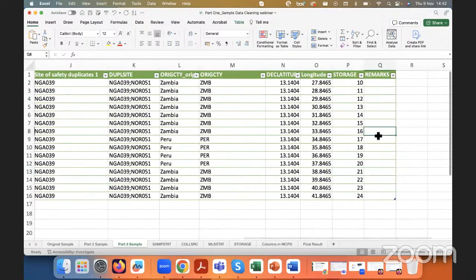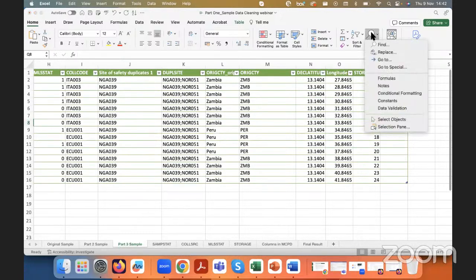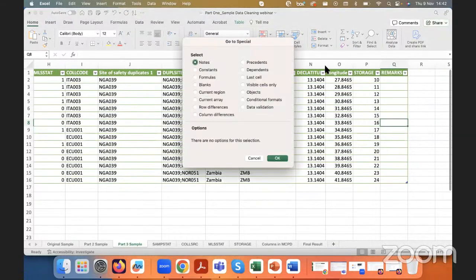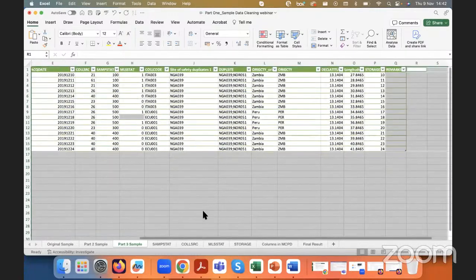But if I want to replace this blank cell with null or nil or NA, depending on what you prefer in your gene bank, a way to do that would be to first, in the Home ribbon, click on Find and Select, go to Special, and select Blanks from this menu. So you're telling Excel, please select in my table all the blanks. You click on OK. And now it's selected all the blanks in my file, but I want only the blanks